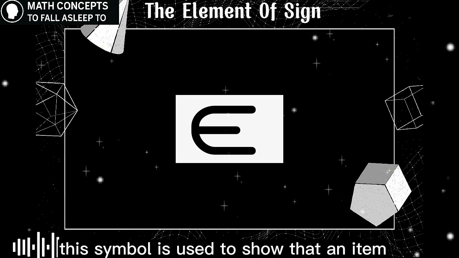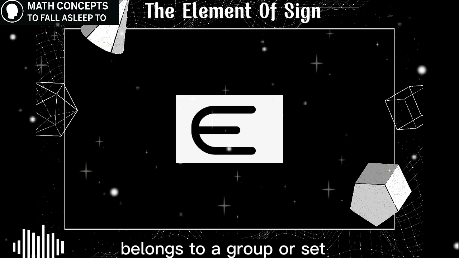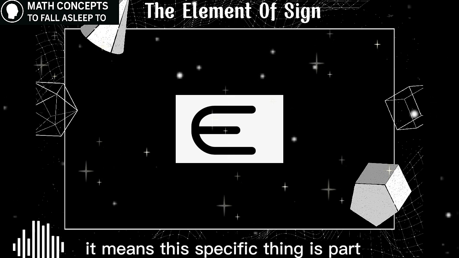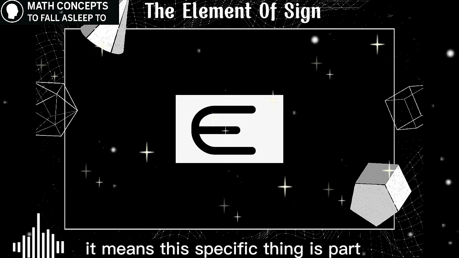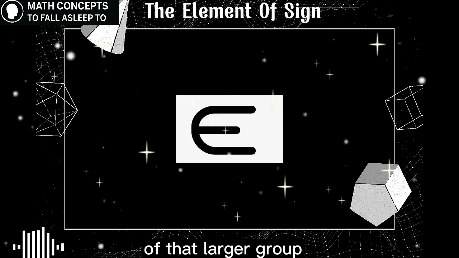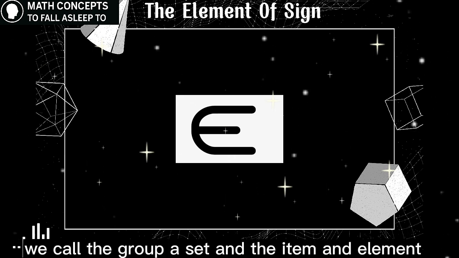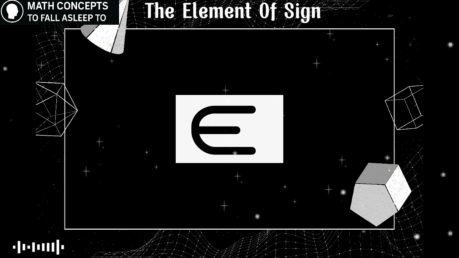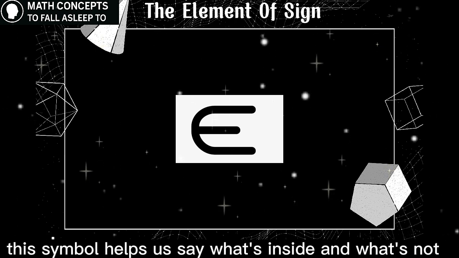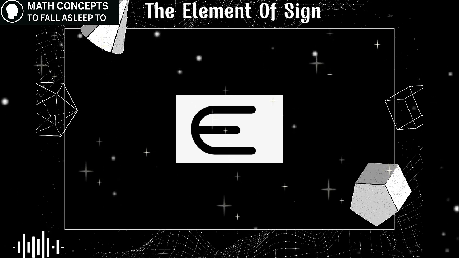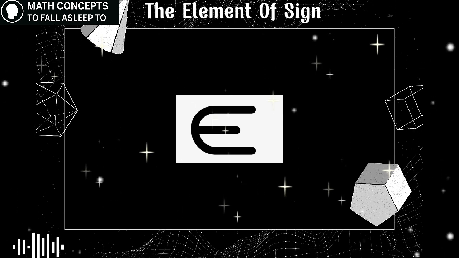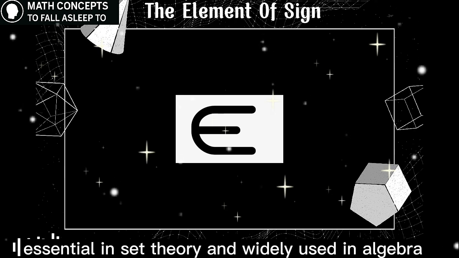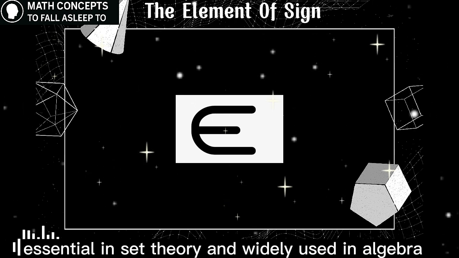Meaning and function. This symbol is used to show that an item belongs to a group or set. It means this specific thing is part of that larger group. In math, we call the group a set, and the item an element. This symbol helps us say what's inside and what's not. Usage context. Essential in set theory, and widely used in algebra, logic,